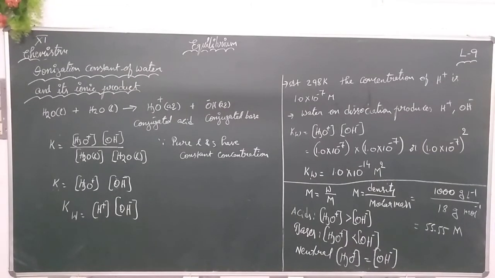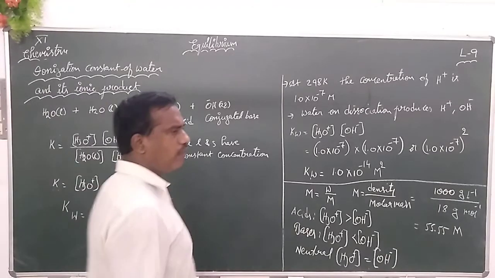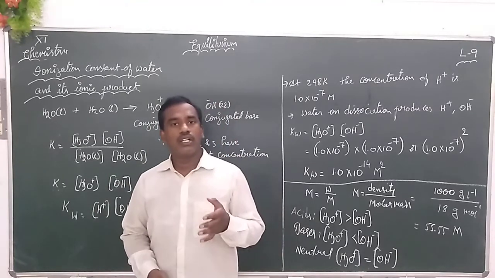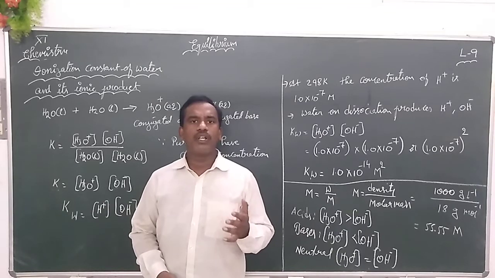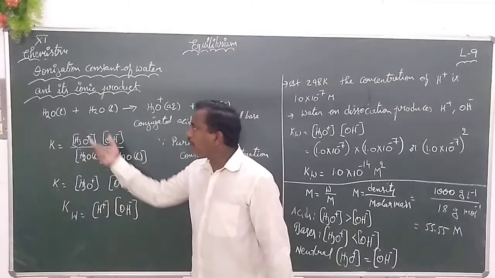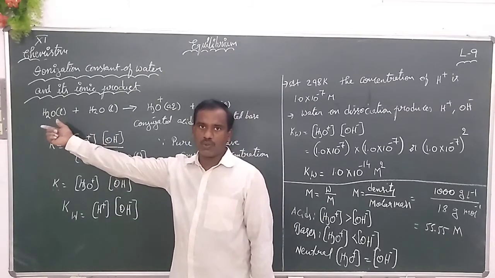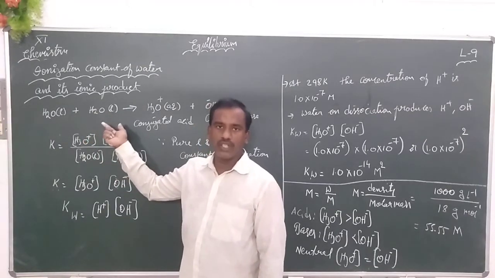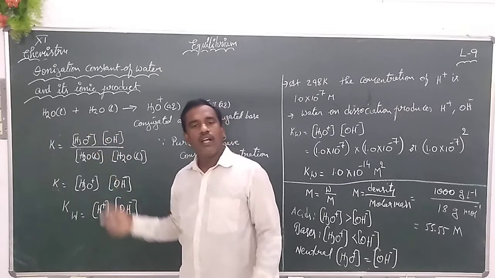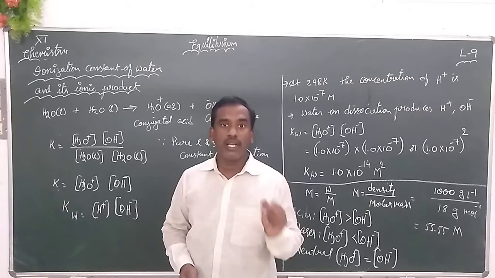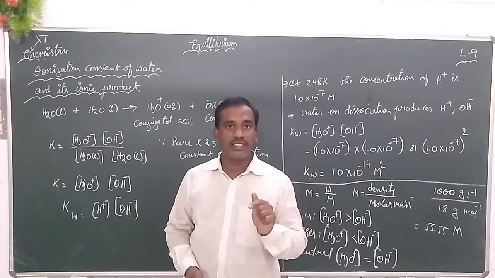Let us continue our concept here, children, about the ionization constant of water. A few minutes before, we came to know that a strong acid will produce a weak conjugate base that is less basic than a water molecule. In the equation I have taken two water molecules. H2O in the liquid state means it is in its pure state. H2O is also in the liquid state. A strong acid produces a weak conjugate base, weaker than the basicity of water.